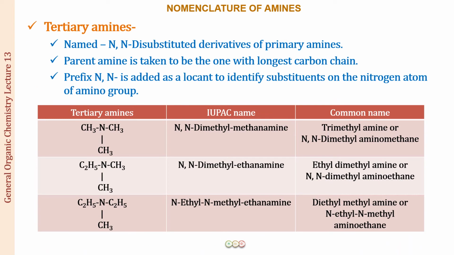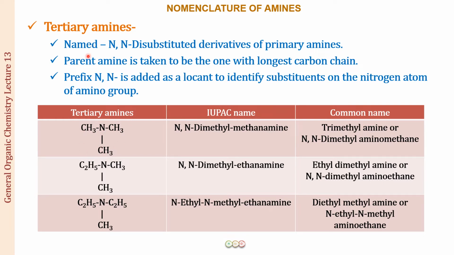So the next, after the primary and the secondary amines, we have the tertiary amines. So what are we going to do over here? We are going to take the ammonia molecule, remove the three hydrogens, replace them by the alkyl groups. So you can see over here in this example, nitrogen, this is alkyl group number 1, alkyl group number 2 and alkyl group number 3. These may or may not be the same, right? So this is going to be a tertiary amine where we have removed three hydrogens, replaced them by three alkyl